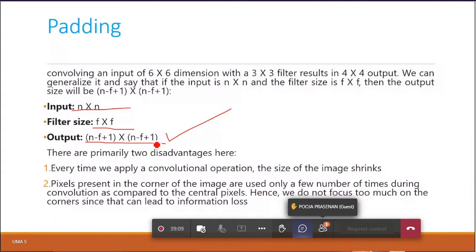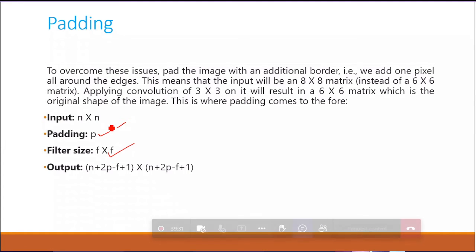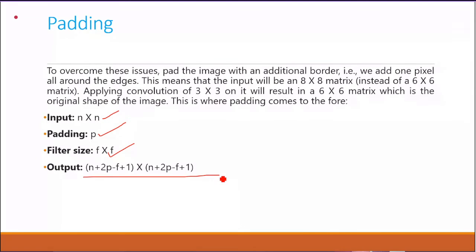So if I miss the corners or edges without adding the padding in your images, what will happen? Misclassification will happen, so I have to add padding here. When you add the padding, your matrix size changes, where P stands for padding. The padding size, filter size and input n will be processed, so that the equation will be carried out